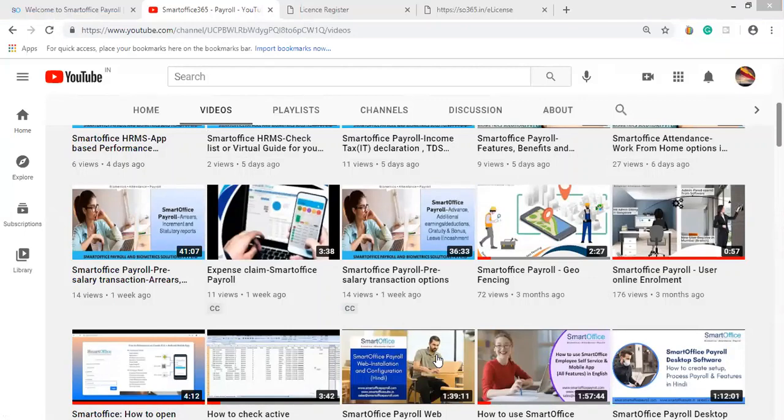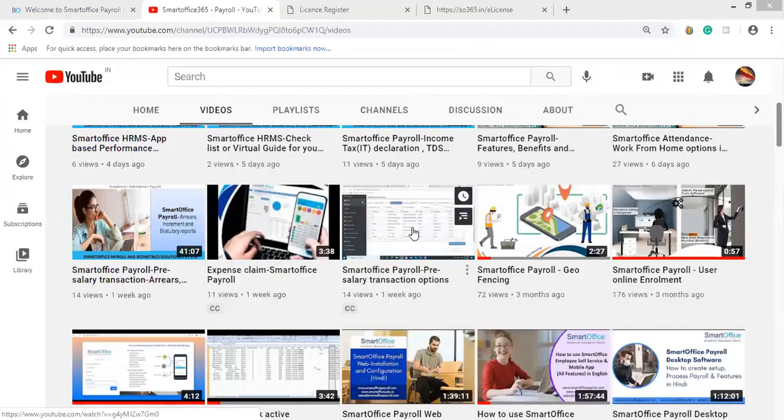So what is the domain name you're asking? Suppose you want to create a cloud account for your customers. Every user will have their own domain name, right? Just as you identify me by my name, the same way your cloud account will be identified by your domain name. The domain name will be like your company name.